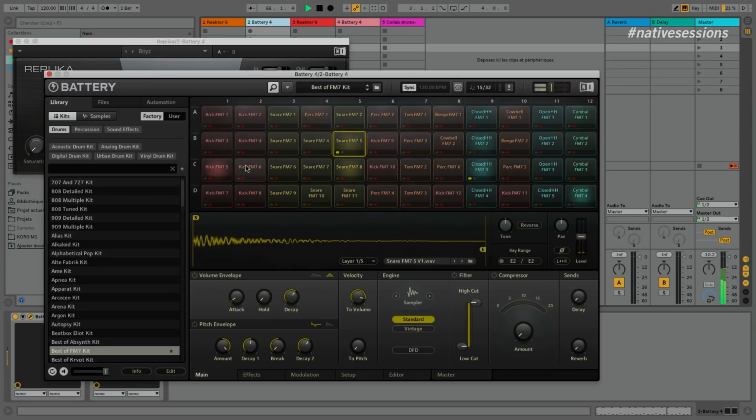Then you can mute some sounds as well. I mean, it's just experimenting. So we already have a rhythm in 2 seconds, which is pretty fun and pretty quick.